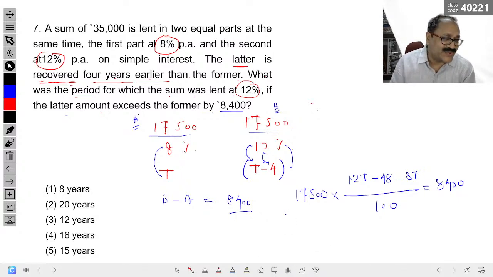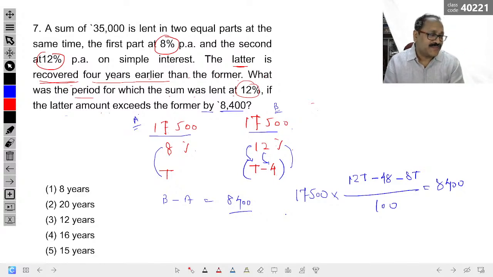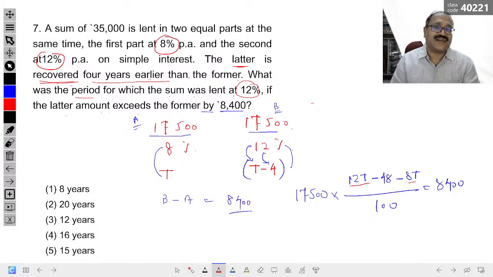I am sure now Nilambat will answer the question, Vidisha ma'am will answer, Aman will answer. So how do we do it now? A simple cancellation here, 12t and 8t. If you don't understand, please ask me. So it's 4t. I am getting 4t here. I cancel this part. Now cancel this one over here. The 0 gets cancelled here. With 175, I know this number gets cancelled.